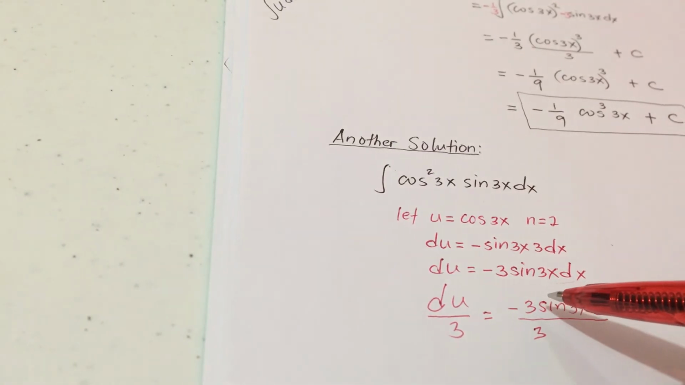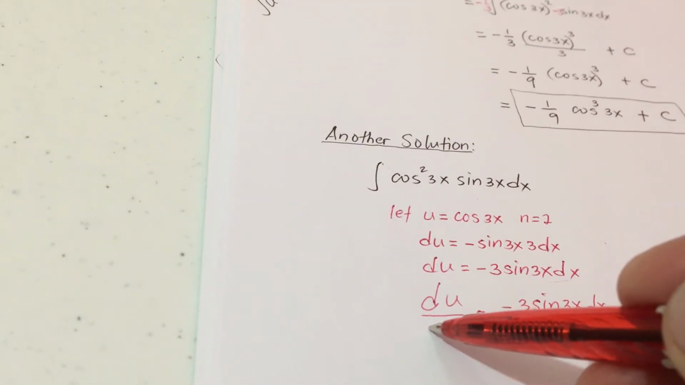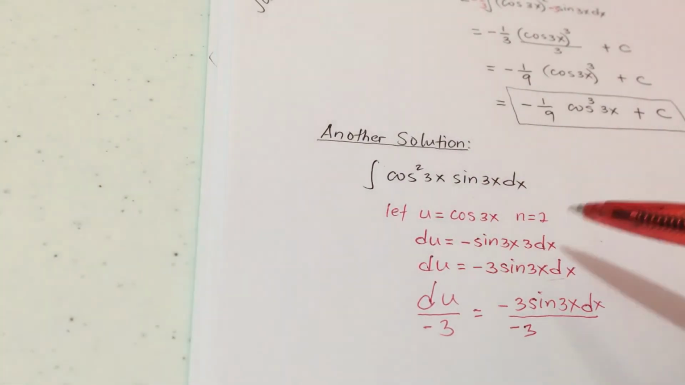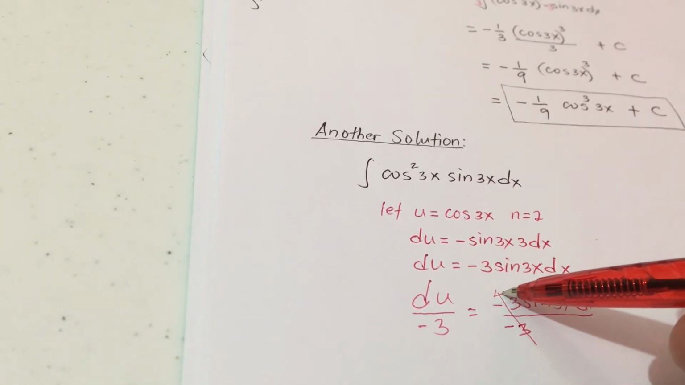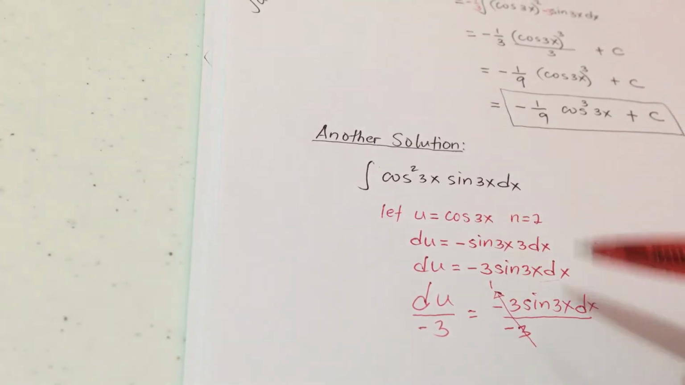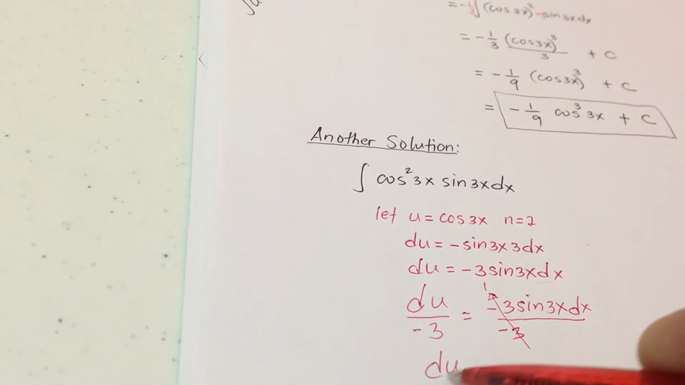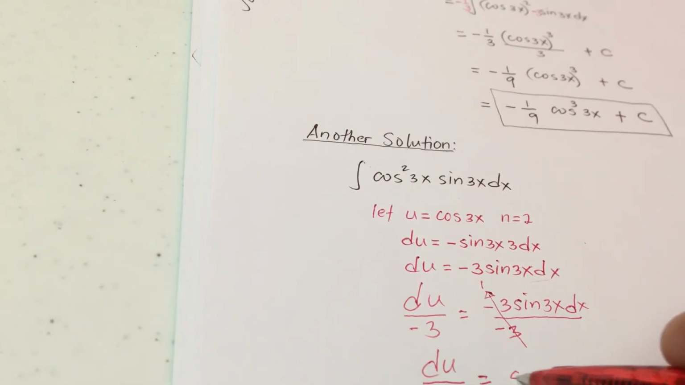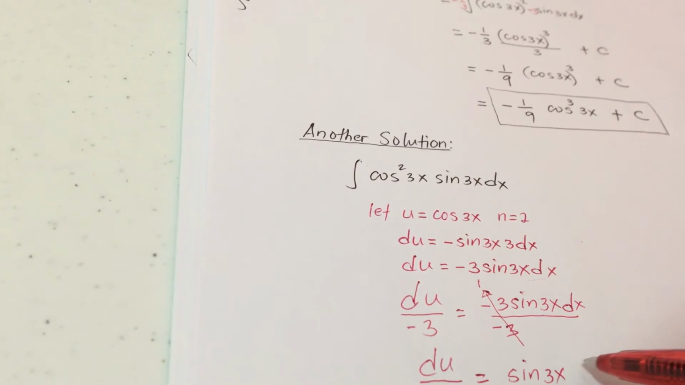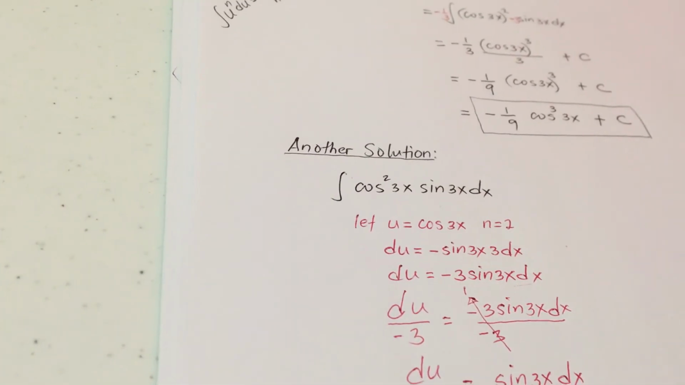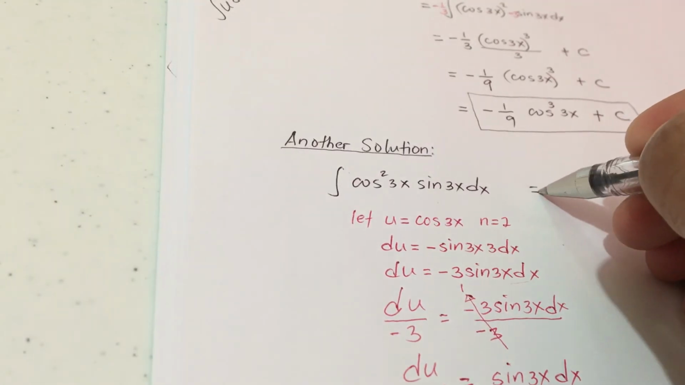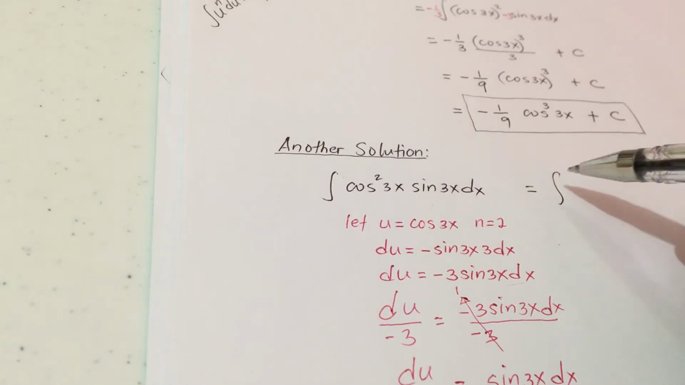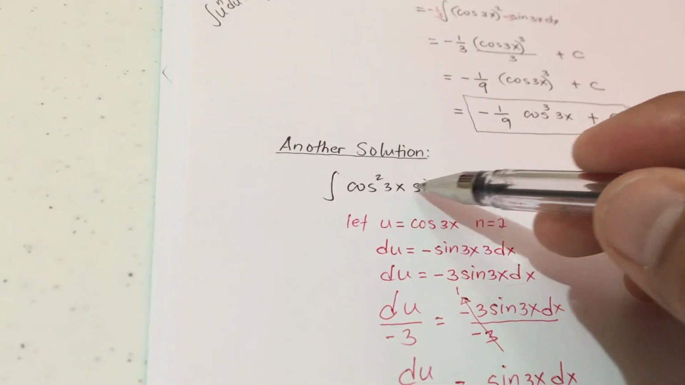Or divide it by minus 3. Alright, so we will get the original sine 3x dx. So this becomes minus 3 divided by minus 3 is 1. So here we have du over minus 3 equal to sine 3x dx. So using the substitution method, instead of writing cosine 3x sine 3x dx,